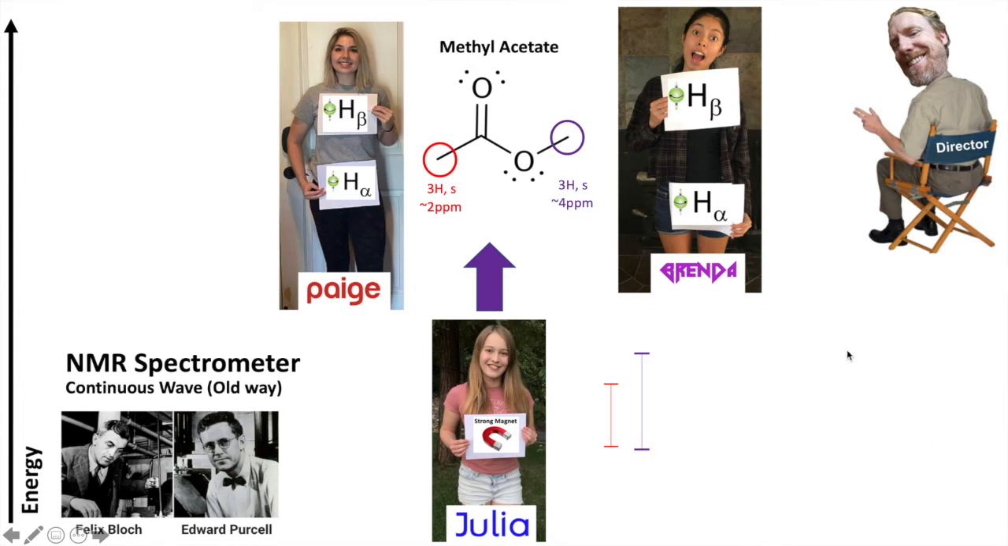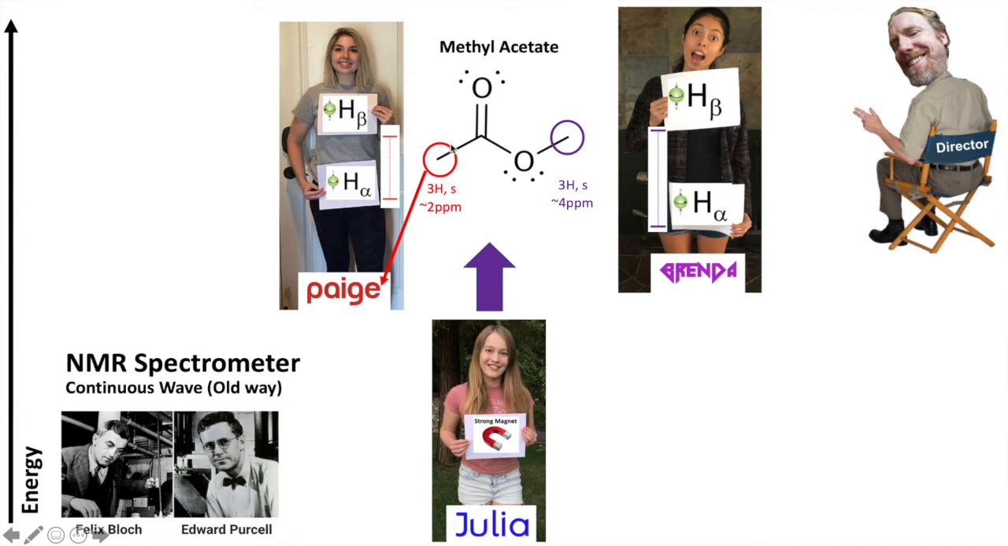And the difference in energy between Brenda's alpha and beta spin states, and the difference in Paige's spin state energy difference, they're not the same. So I put these two here to represent that. So you can see Paige's hydrogens are closer in energy and Brenda's are further in energy. Paige is holding actually the